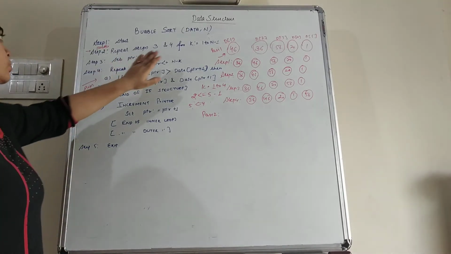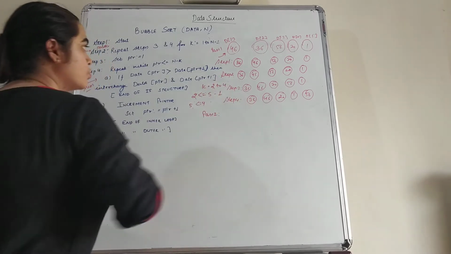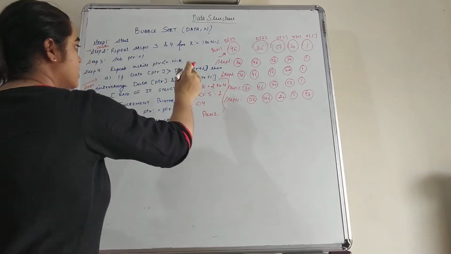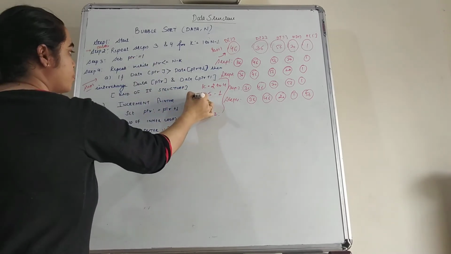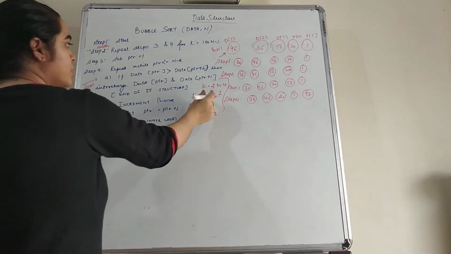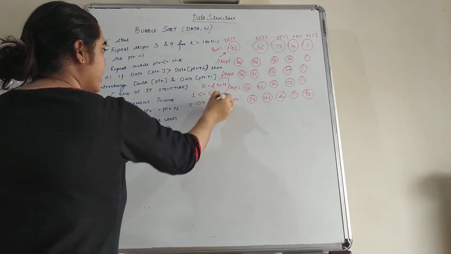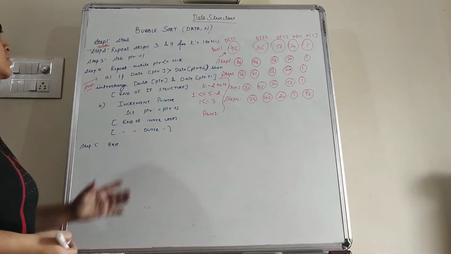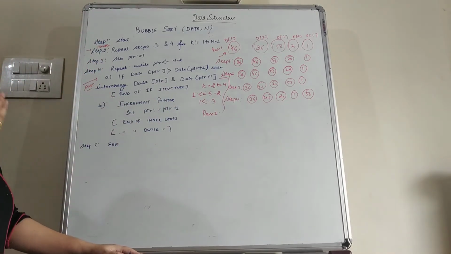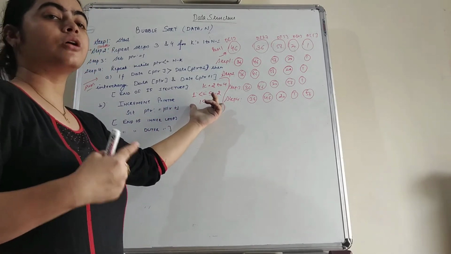Now pass number 2, again k is now 2. So k is now 2, so loop is 2 to 4. So this loop is correct, yes. Then here PTR is again set, PTR is equal to 1. So pointer is 1, 1 is less than equal to n, n remains 5 while k is now 2. So 1 is less than equal to 3. Correct? Yes. So that means in this case there are 3 steps which we have to write within pass number 2 because this loop will run for 3 times.